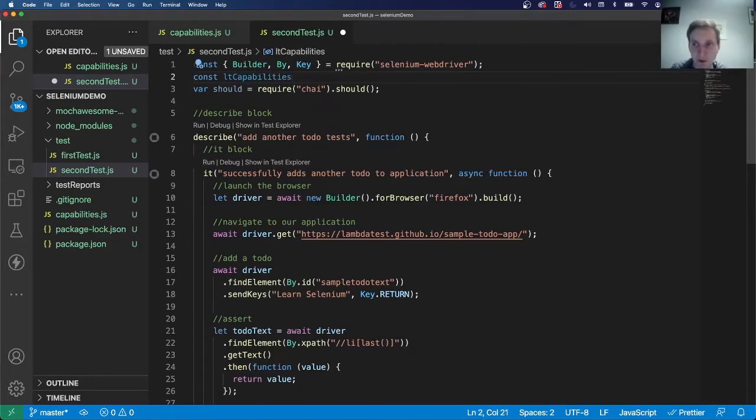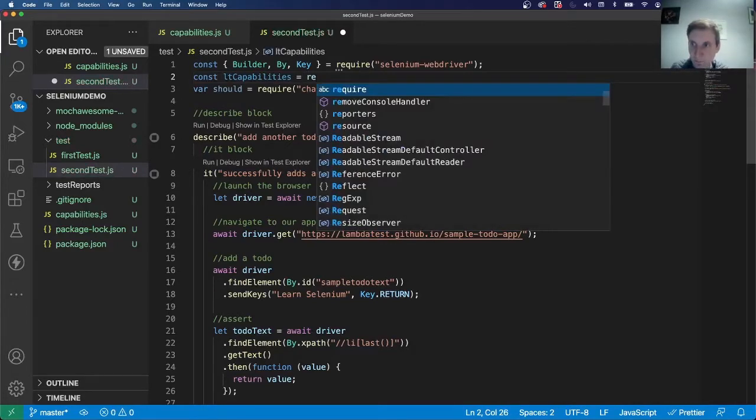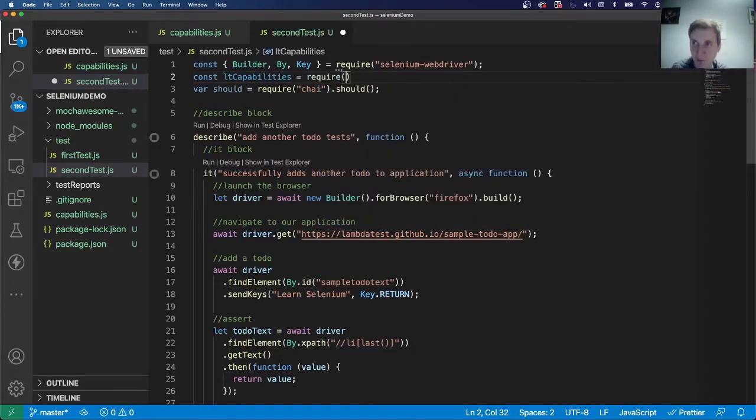Okay, LambdaTest capabilities equals require, and then we just need to specify the path to where we can find our capabilities.js file,